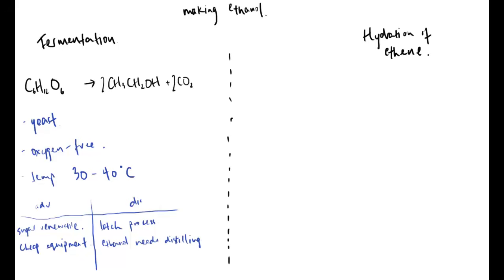Over this side then, hydration of ethene. So the equation we're dealing with here is ethene, C2H4, and what we're doing is we're adding water to it, or actually I think we're adding steam in fact. And we're going to produce again CH3CH2OH,